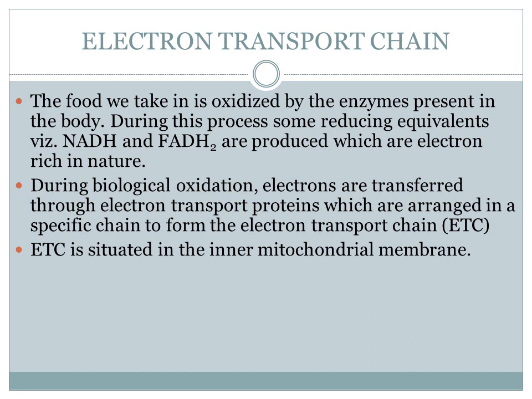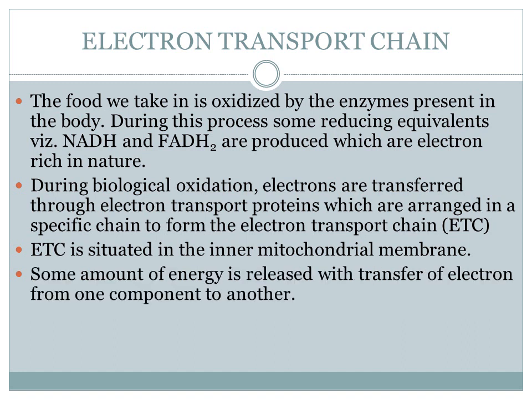And this ETC is situated in the inner mitochondrial membrane. Why? Because when the electrons are flowing through the proteins, these electrons should not be leaked out into the cell. If it is leaked out, there will be an electrical short in our body. Just like in our homes, the copper wire is there, it is insulated with plastic. Why? Because the current will not leak out. So in our body also, the electron flow is nothing but the current passing through the proteins. So it will not leak out if it is inside the membrane, because the membrane is a lipid bilayer, right?